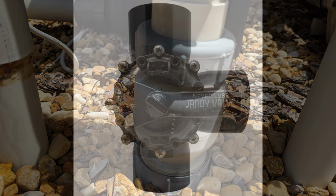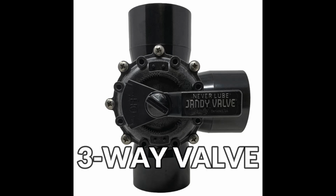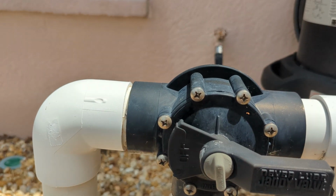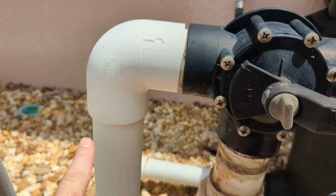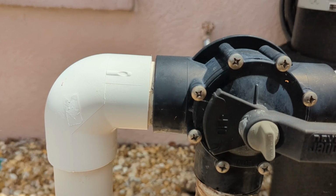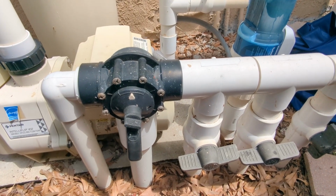the pool. Then we have a three-way valve, which is very common on the suction side of the plumbing, especially when a spa is involved. This three-way valve is closed off to the main drain for the spa, which is normal. Three-way valves are a little more versatile and give you a little more flexibility when it comes to controlling the